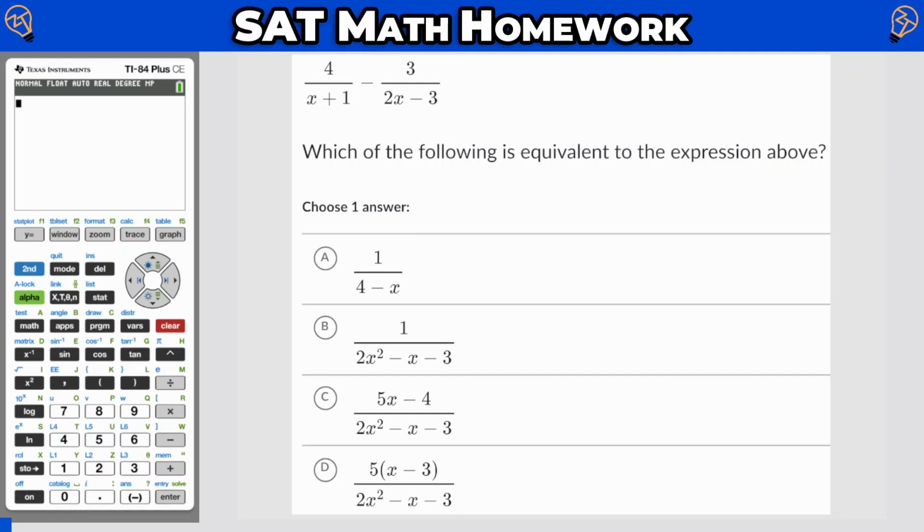Whenever we're trying to add or subtract fractions, we need a common denominator. Now, people will sometimes think, oh, they have x in common or something like that. But think about if I had, I don't know, a denominator of 2 and a denominator of 3. Well, 3 is really 2 plus 1. No, it doesn't work like that, right? When they're two totally different denominators, you simply multiply them to get the least common multiple, which is the least